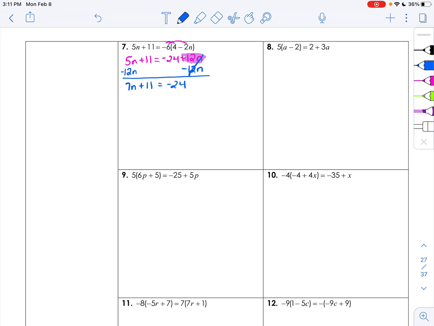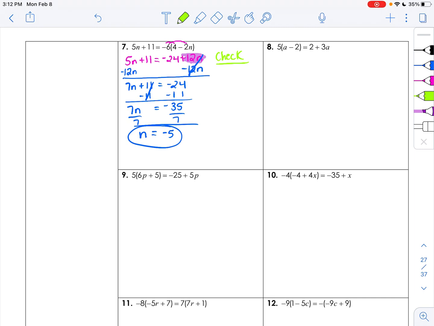Now we have a two-step equation. So to solve this two-step equation, first we subtract 11 from both sides, because remember we're doing the inverse operation. So it's 7n equals, remember, negative 24 minus 11, we're going to add and keep the negative, so it's negative 35. Then we divide both sides by 7, and n equals negative 5. So then we're going to check that answer,